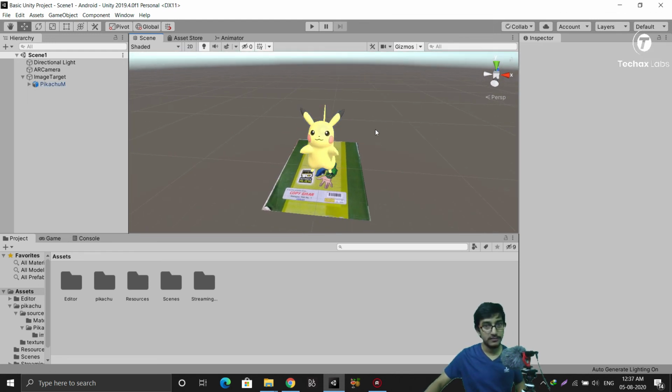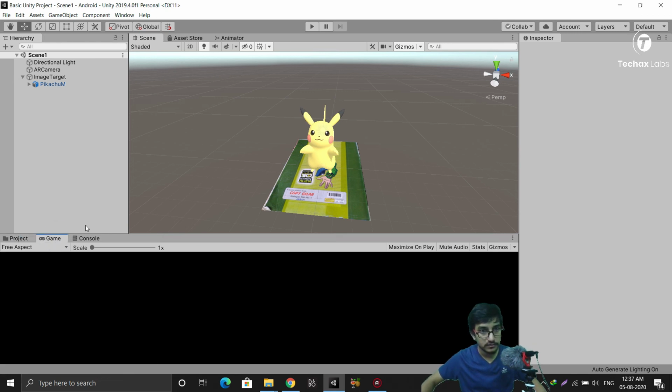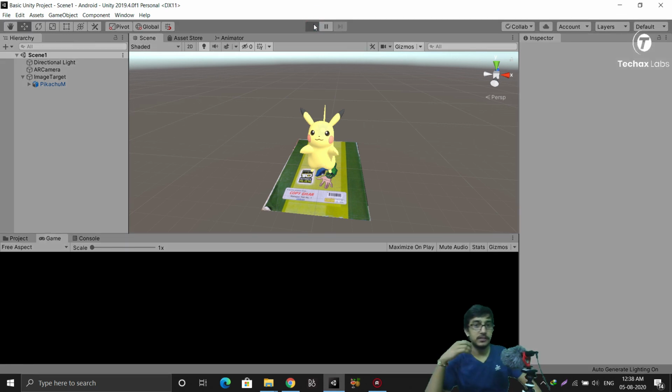And actually if we are here, we can test one more thing, that my webcam is already being used. And here you can see the game scene, it's completely black because my webcam is being used. And let's hit the play button anyway. We know that it won't work, but let's hit it anyway and see what happens. I am hitting the play button.